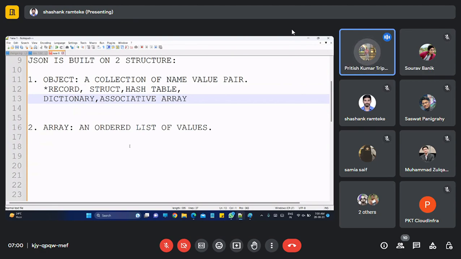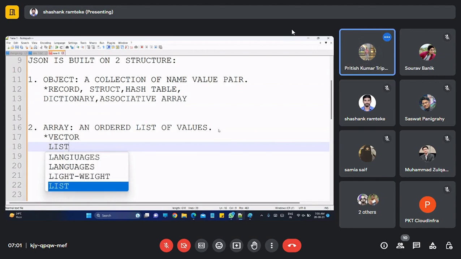While in array, apart from array, what are the other things we are focusing on? First one is called vector. Second one is called list. And third one is called sequence.